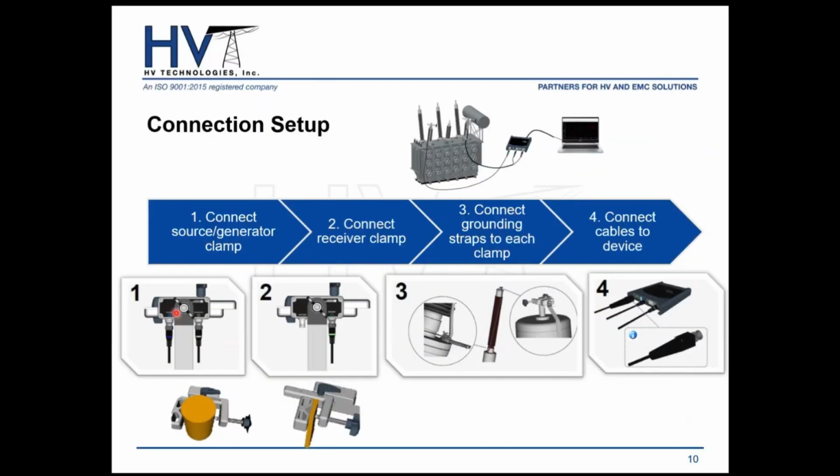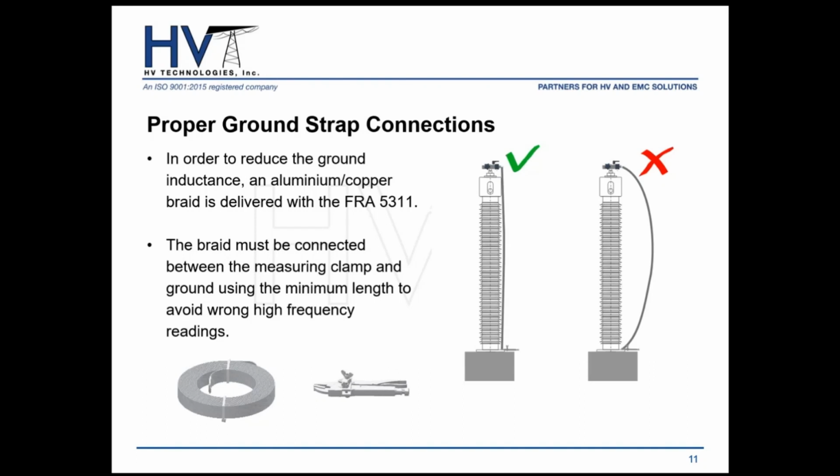The clamp has a wing nut, so you can take it out, you don't need any tools to connect the ground strap. Once you place the ground strap on your clamp, you want to run it down the length of the bushing as close as possible to the bushing. We don't want excess ground strap floating around. We want to keep it as close to the transformer bushing as possible, down to the base of the bushing,